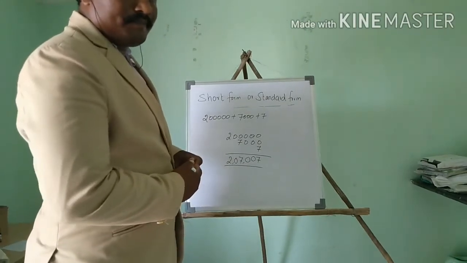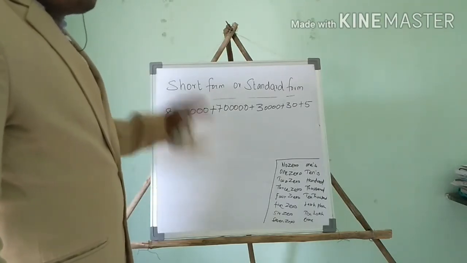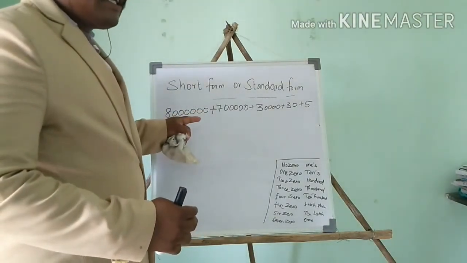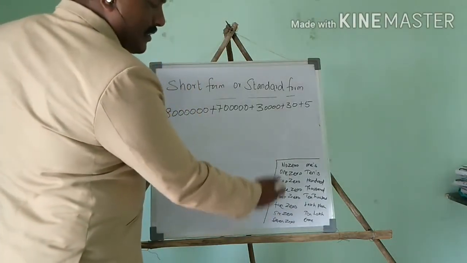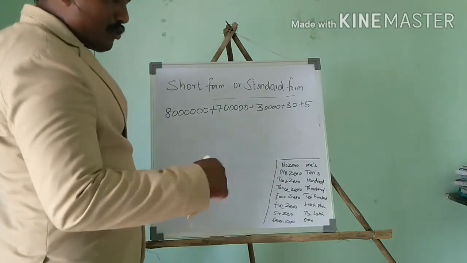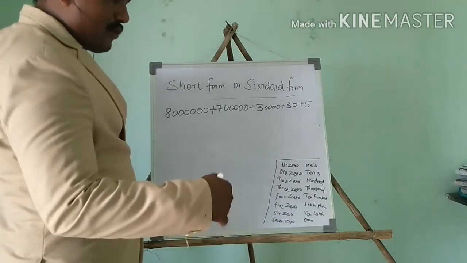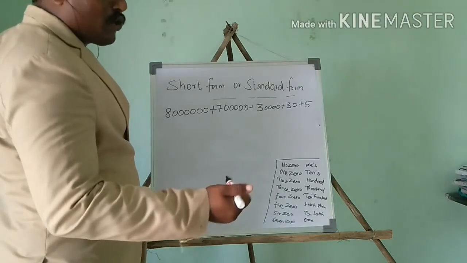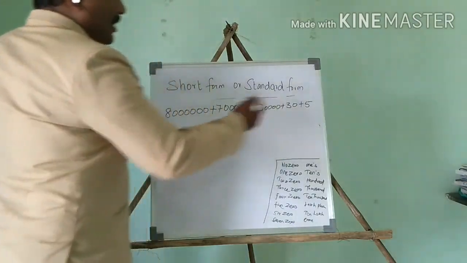Okay. Let me show you another example of how to write expanded form to standard form. This is the given number. First we have to find out the place values of the given number. So first we have to remember these rules: no zero is a 1 place, 1 0 is a 10 place, 2 0 is a 100 place, 3 0 is a 1000 place, 4 0 is a 10,000 place, 5 0 is a lakh place, 6 0 is a 10 lakh place, 7 0 is a crore place, 8 0 is a 10 crore place. We know this already. You have to remember these rules, and you can find the place value of the given number easily.